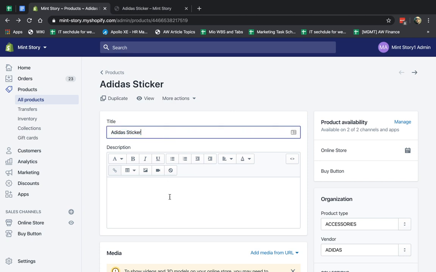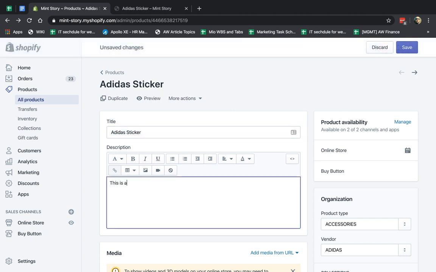Product name, which is the title, right? Description. So for example, this is a test. And what you can do is use the WYSIWYG, right? That "what you see is what you get" type of editor, okay? What that means is just like you use Word or Office products, you can click on something and then